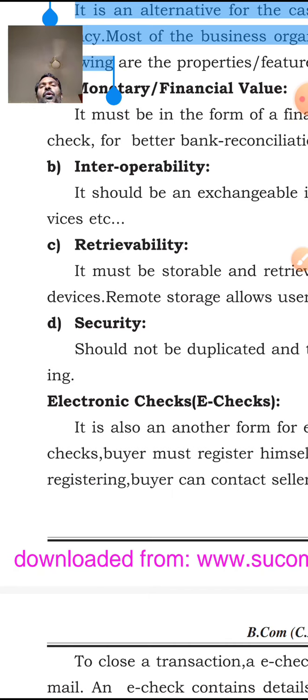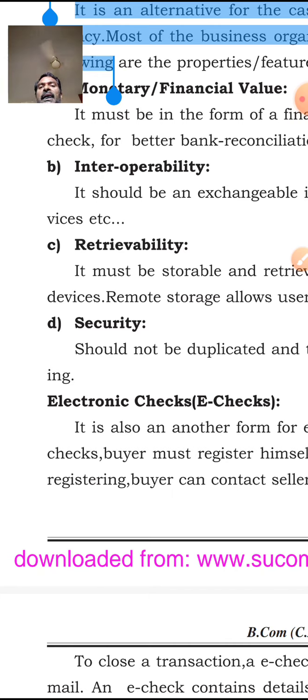Why? Because if a person has an account at SBI bank, but the business organization has an account in ICICI bank, the EFT application must have connections with SBI and ICICI bank. Then only the EFT application will transfer the money from SBI to ICICI bank. Okay, this is an example. So like that, the integration between all financial organizations or banking organizations must be there with the EFT application.